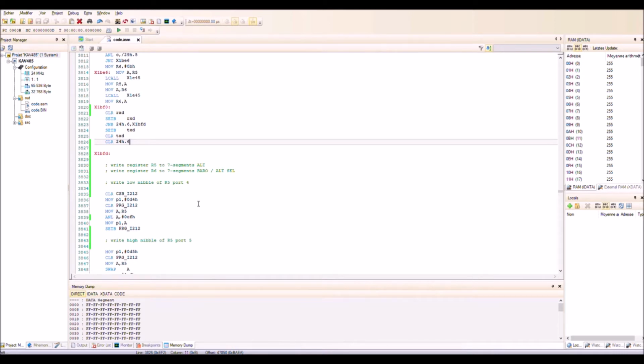It is actually the port 3.0. And this port is interesting because this one is the clock of a counter. Okay, so this is the multiplexing stuff. This permits to change the position of the digit.